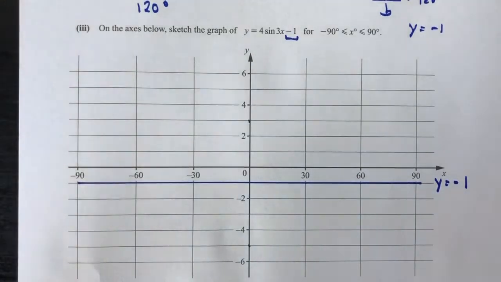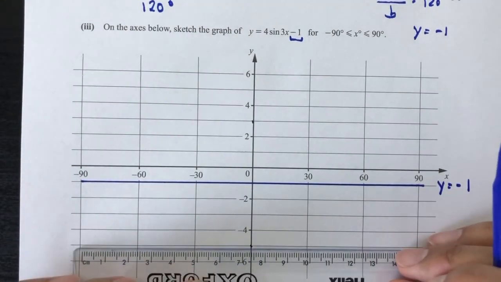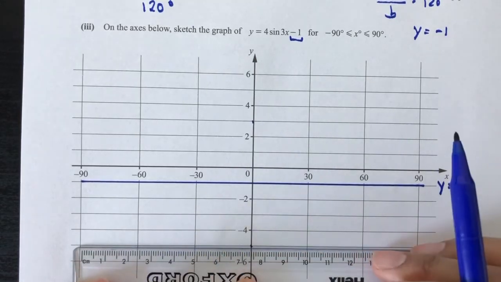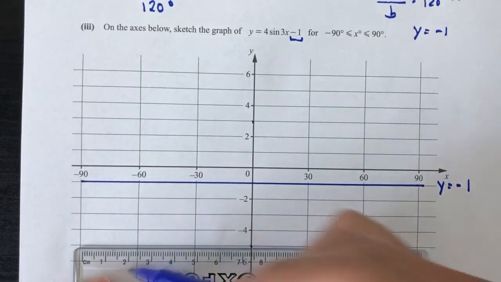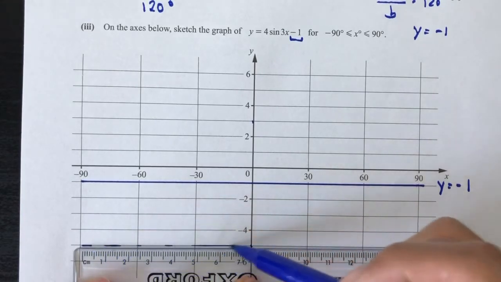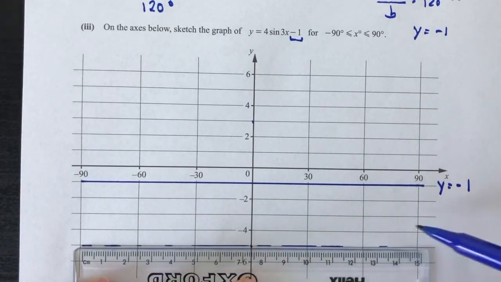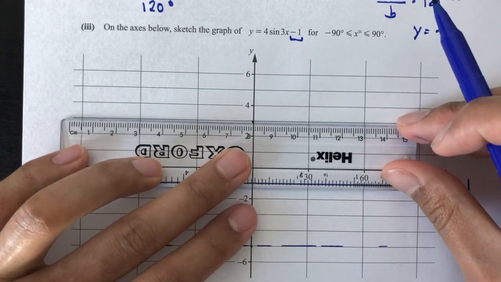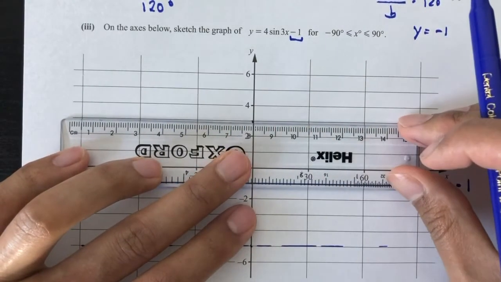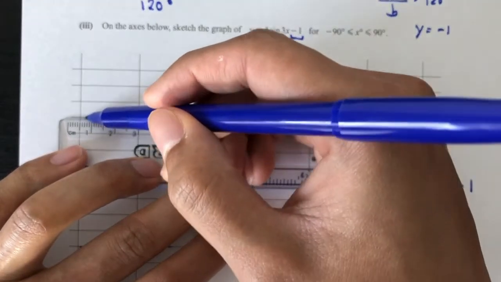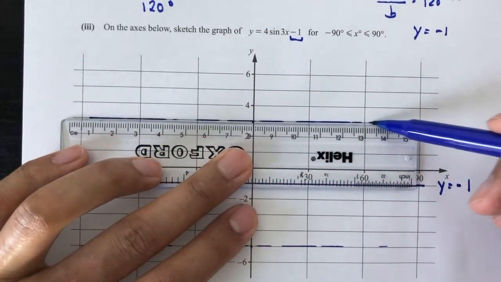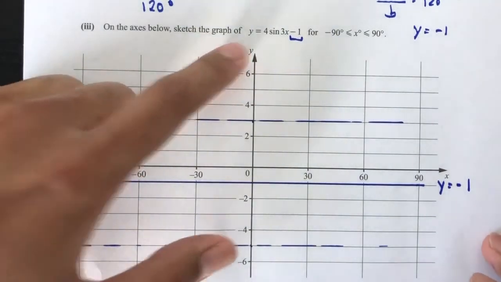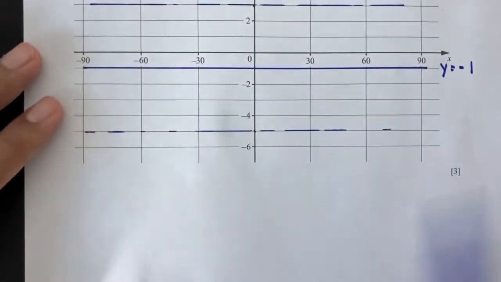Okay. So this line, let's draw this line as well like that. So this will be an indication of where your curve should be in between. So you will never go above this line or below the other line. Okay, so this is just indication. It is not your actual curve. Okay, that's for now. Leave it like this. And for the rest, we can just use the curve. The curve is y